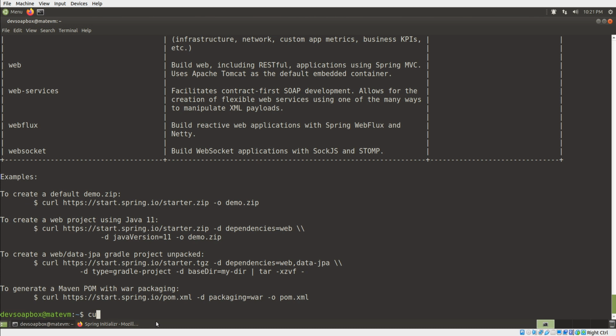So let me do curl https://start.spring.io/starter.zip, and then -d dependencies and a comma separated list of my dependencies. In my case, I'm going to use H2 for my database. I want JPA, or I'm sorry, it's data-jpa. And again, if you're not sure what to actually write here, just look up here at your list of available dependencies. So I want also data